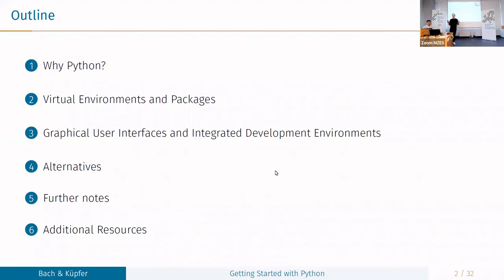Full disclosure, I'm not a heavy Python developer or anything. Probably my work is 80% R, 20% Python, but Python is getting more and more. For Andreas, it's probably a bit different. Yeah, probably maybe more the other way around, but still a lot of R also. But we think that this setting makes it even better for you because you're probably in the same situation. You come from the R background, you want to know how Python works, and we can share our experiences with you and have you navigate some of the troubles.